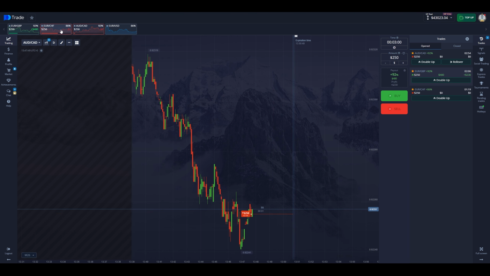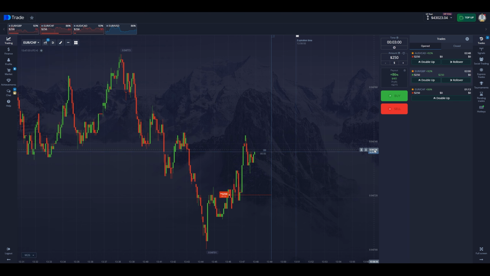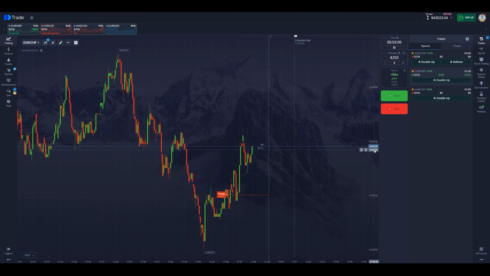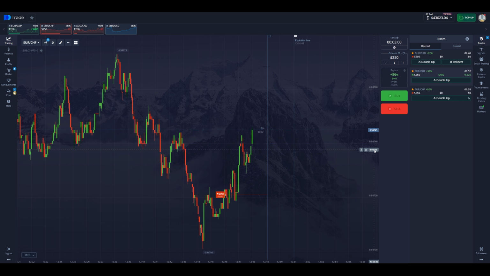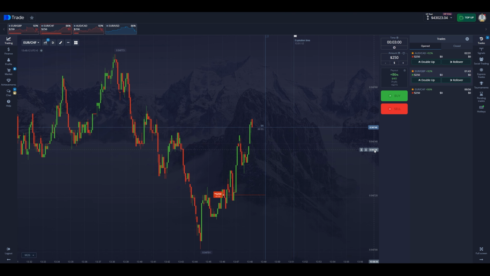Positions are closed quickly and you can see the results immediately. You can open a position in just a couple of clicks and find out the result within minutes. This is especially convenient when you don't want to spend the whole day at the computer analyzing. The strategy here is simple.